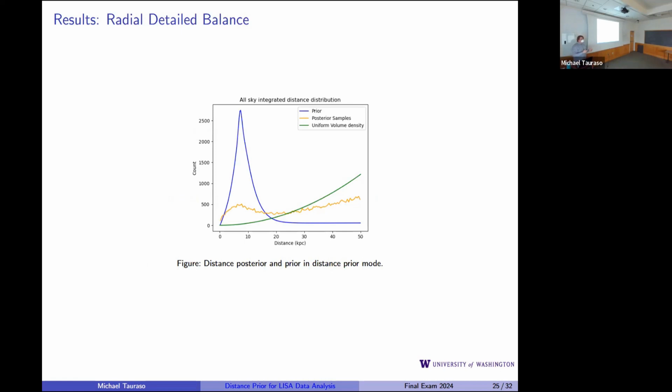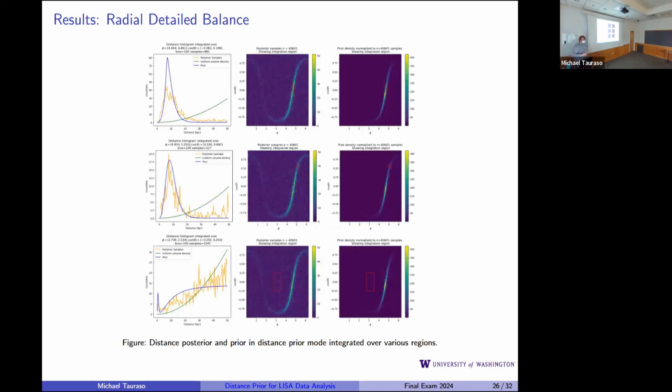If we look at the distance coordinate, this is the same type of idea, where the blue curve is the galaxy prior and this jagged curve is the posterior. This is looking across every single direction we could be looking, so this is integrated across the entire sky. And that's part of why you'd expect this to line up more with the prior curve, because we're trying to match the prior curve. But if we take a closer look,